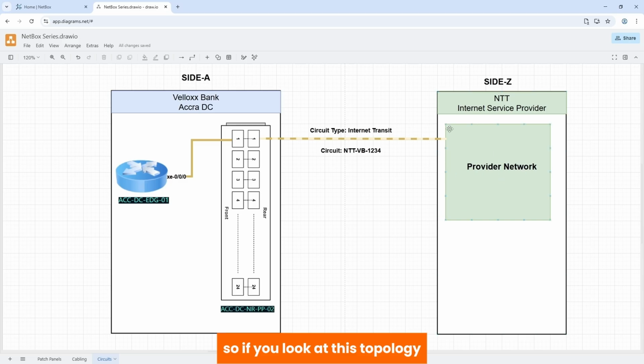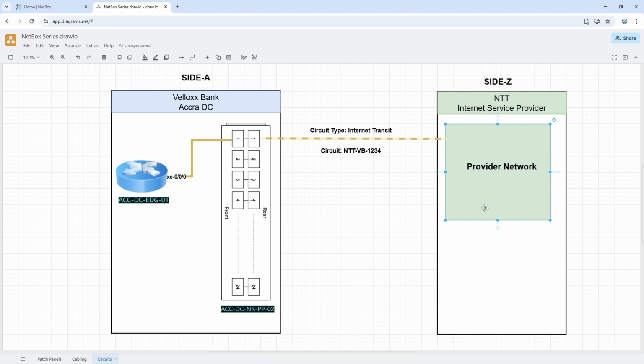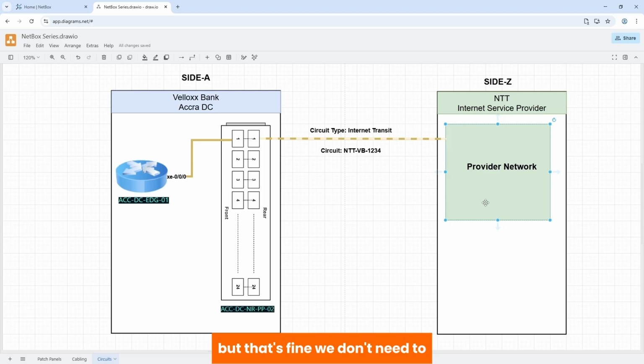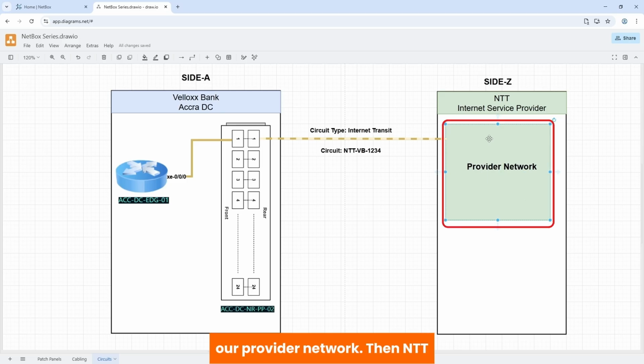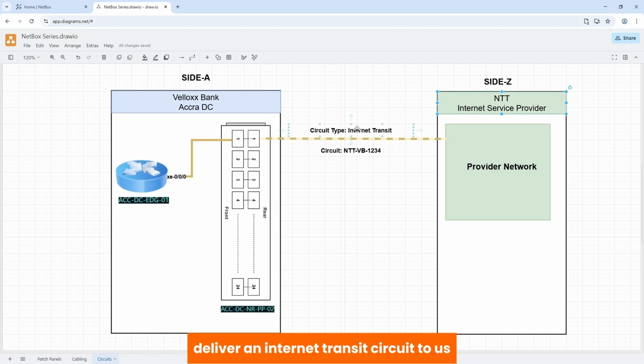So if you look at this topology, we have our provider, entity. The provider has a network. We don't manage this network. We don't have visibility into that, but that's fine. We don't need to. But because we need to model this, we represent this with a box, our provider network. Then entity, our provider, from their network, deliver an internet transit circuit to us. That is the type of circuit. The circuit ID is